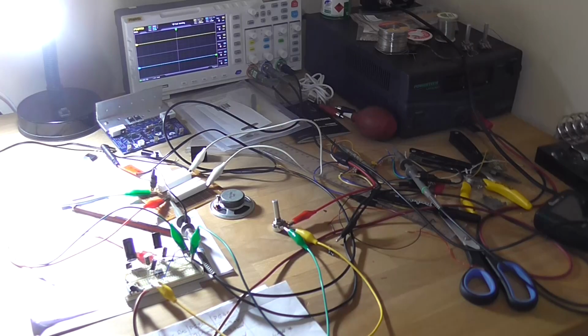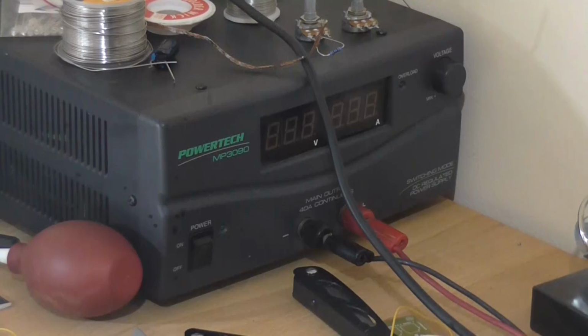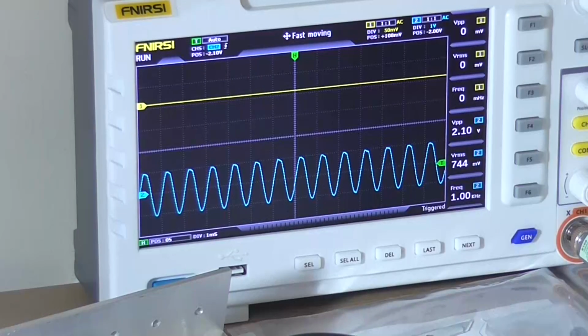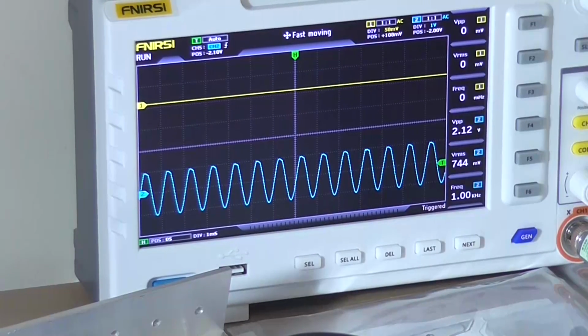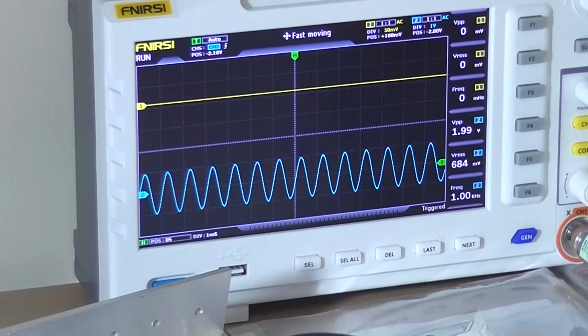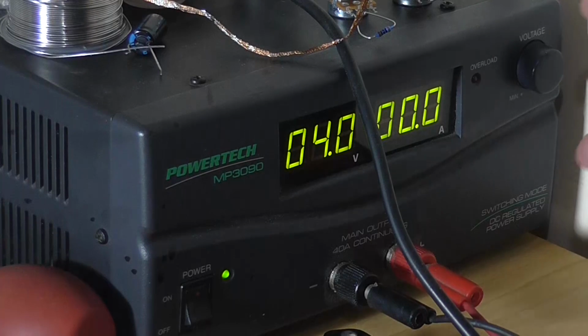I almost forgot, whilst concluding this video, to do the minimum voltage test. So I'm going to do that now. The supply is set back at 4 volts. Turn him on. We have an output. I'm not measuring the input anymore. It's not kind of necessary at this point. Back that off a little. I'm going into an 8 ohm load still. So I think we'll go down to